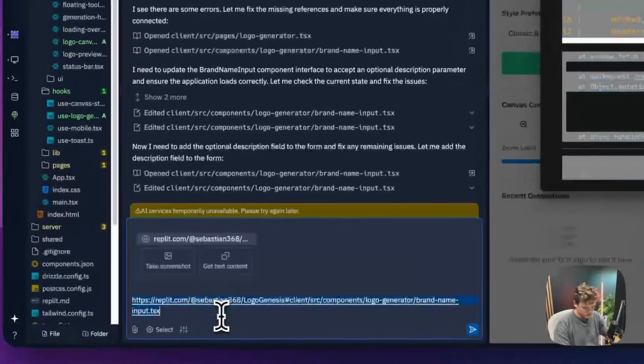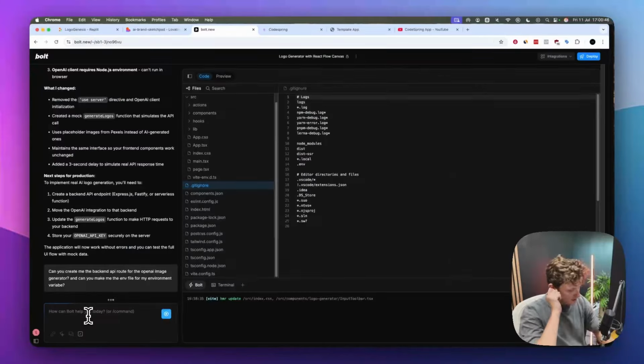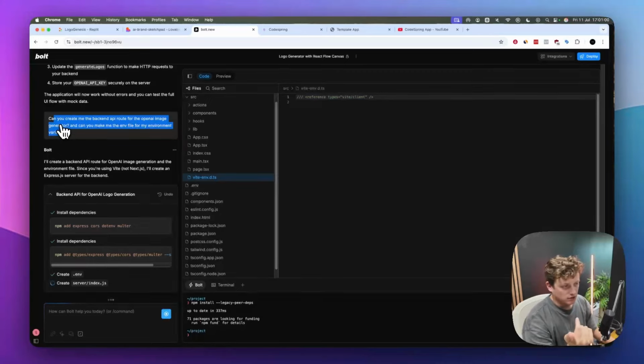So Replit, again, we're just running into problems. We can fix this and say, is the AI generated image working? This is the other thing to realize, right? If you're a complete beginner and you've never built before, the stuff that I'm talking about here, in order to get it to work, I have to be able to tell it stuff that I must